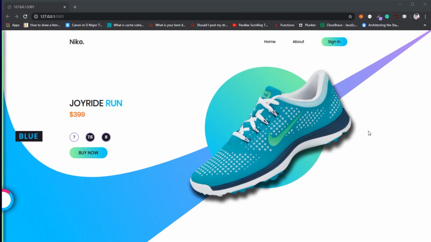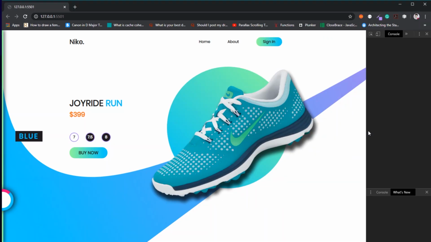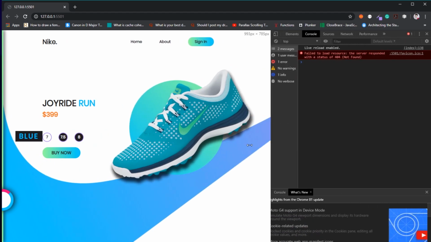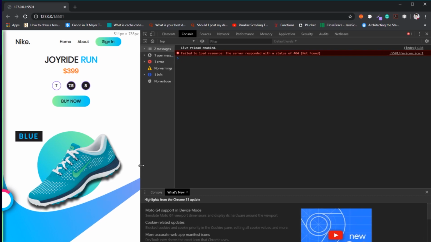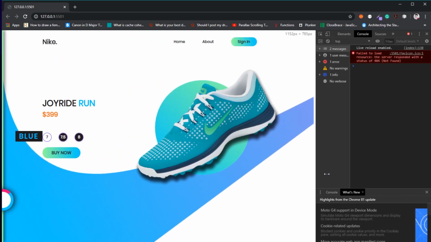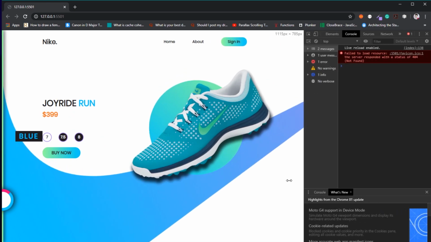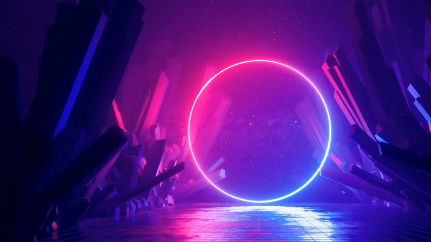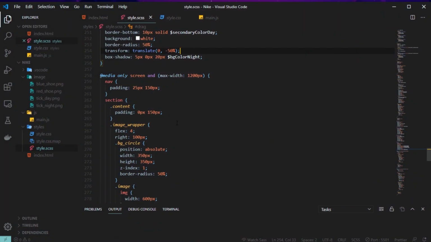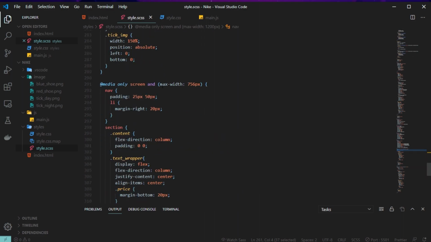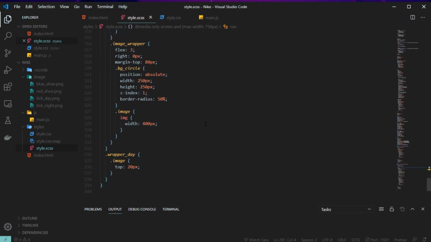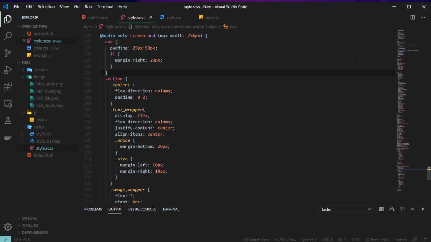Now apart from these changes, one more thing that I did is add some more CSS to make it a little responsive. Again, the responsiveness is not perfect, but you can always improve it, and this CSS makes sure that it looks good on lesser width devices as well. These are nothing but media queries. What I have done is reduce the padding, reduce the width, and reduce everything. And then again for 756 pixels, reducing several things to make it look good.